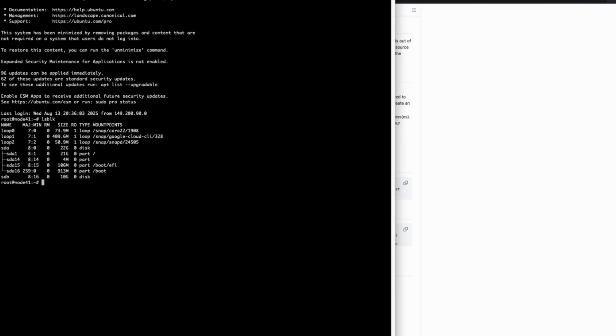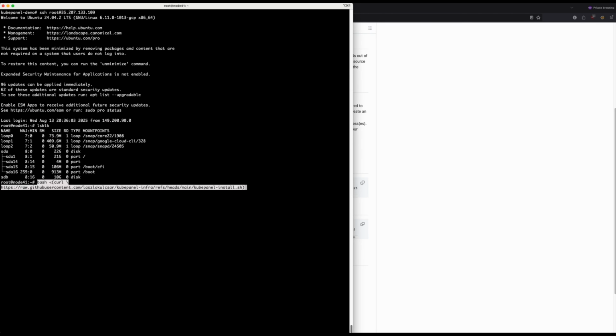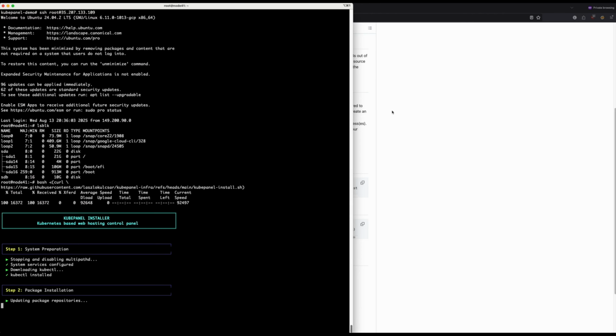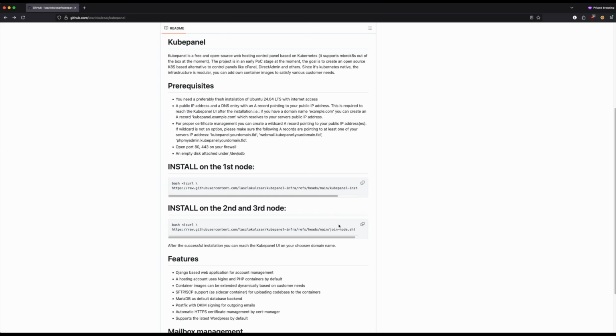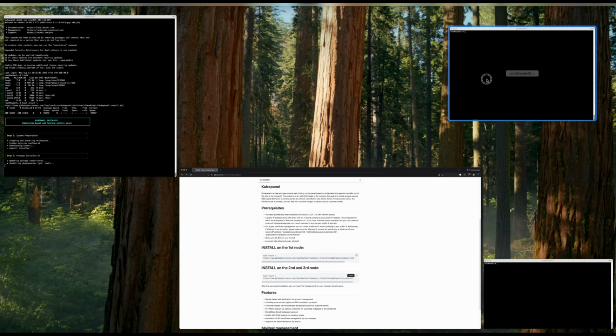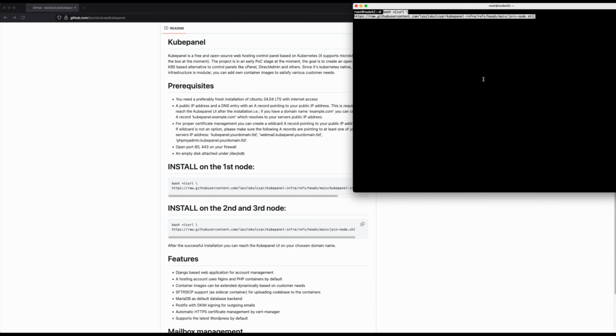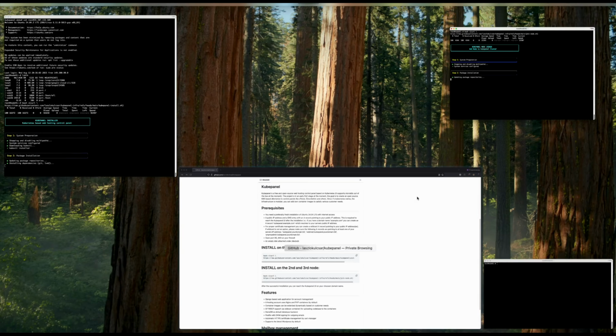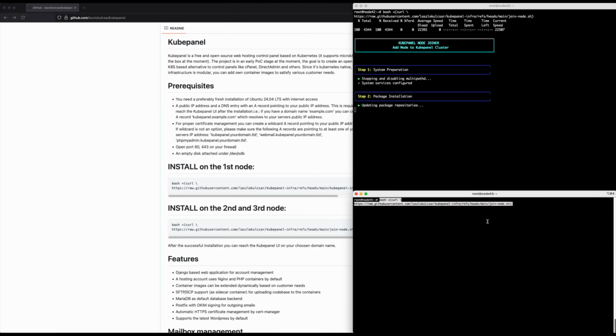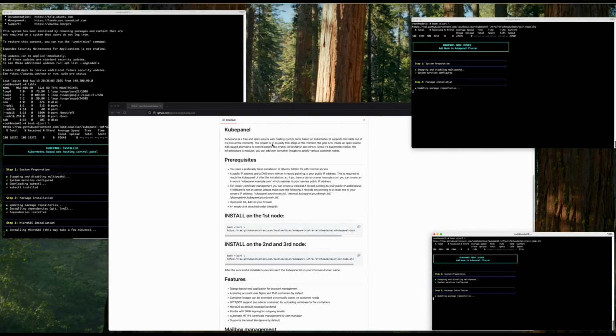All right, let's go ahead and run the install script on the first node. This will set up the core components of Kubepanel and prepare the cluster for additional nodes. Next, we'll switch back to the documentation page, copy the join node command, and run it on the second and third servers. On these nodes, only the necessary packages are installed to allow them to seamlessly join the cluster created